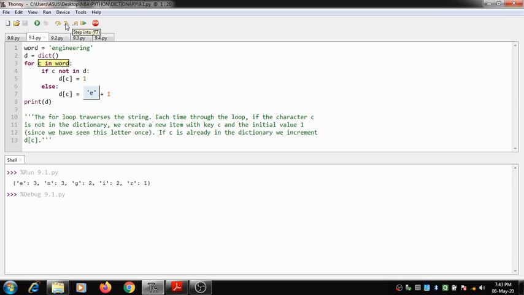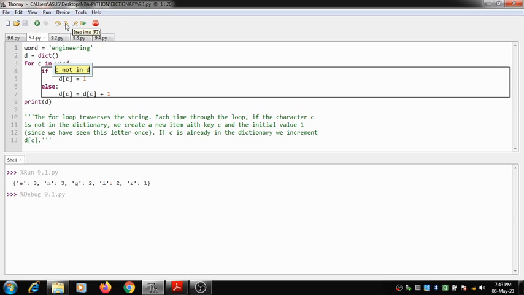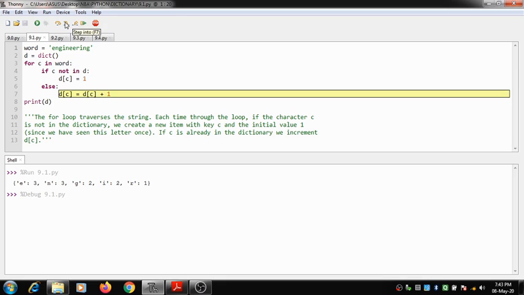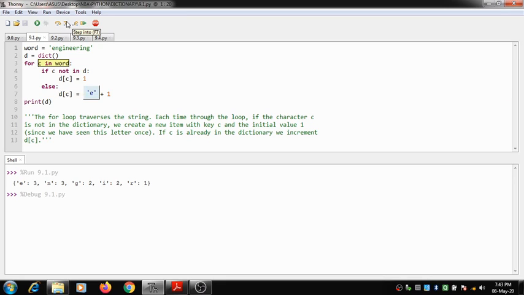Now the next character what we are going to see is e. Have we seen e previously? Yes, we have seen e previously. So it will check, yes, e has already appeared, so this condition is going to return me false. I go to the else part, I increment the count of e. Now here you can see the count of e is now 1. After this the count of e becomes 2. Why? Because e has previously appeared, and once again I have encountered e in the string engineering, so the value of e becomes 2 now. 2 means it has appeared twice, and I make an entry in the dictionary.